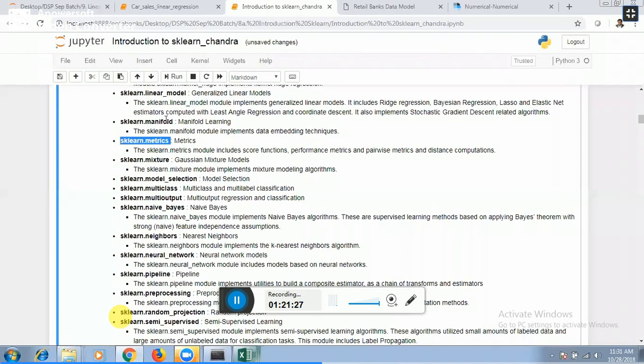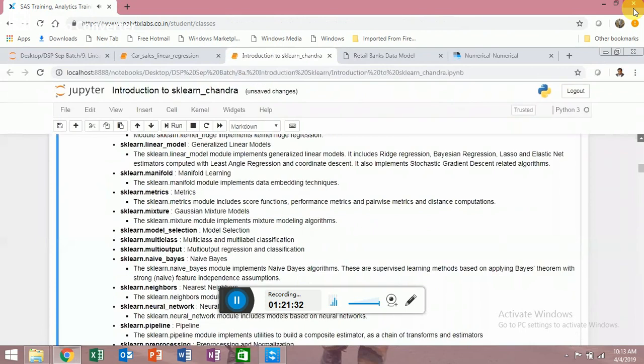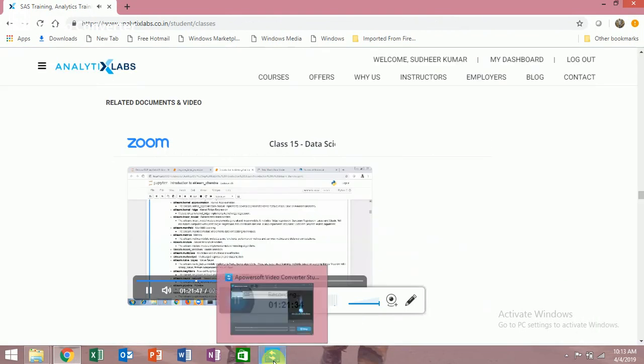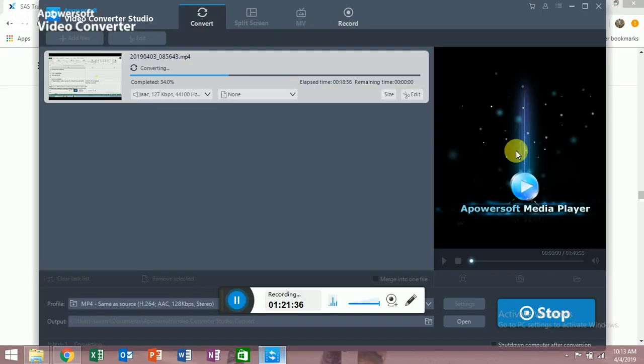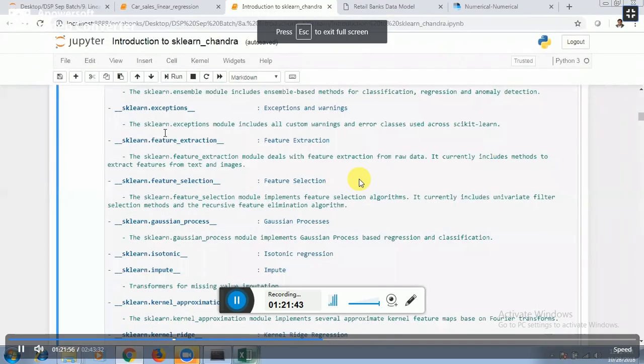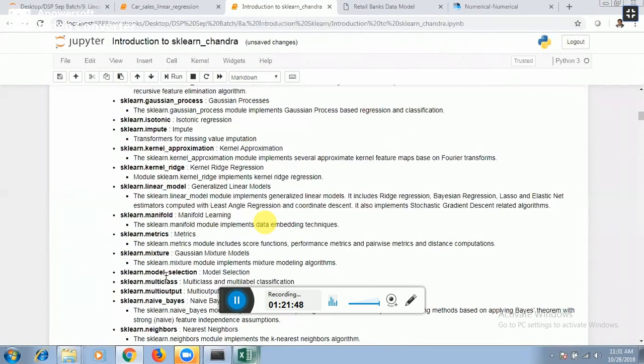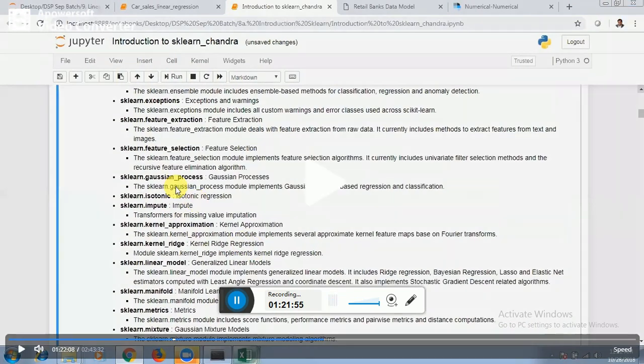Right? And linear models, I already told you: linear regression, logistic regression, lasso regression, Bayesian regression, gradient, ridge regression, elastic net. All of these generalized linear models will be available under the linear models module. So that is one thing which we use. And of course, imputation, probably you may not use it, but in case you want to create some kind of pipelining, etc., probably we use